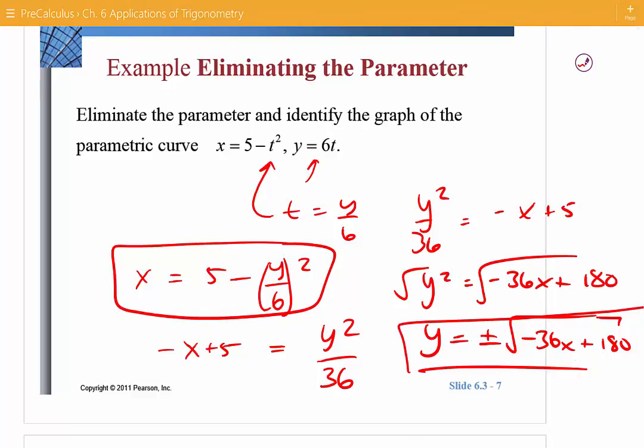Now it does ask you to identify the graph as well. What you should get is, this is a square root function, so plus and minus should give you a sideways parabola. Okay, one last example then is find the